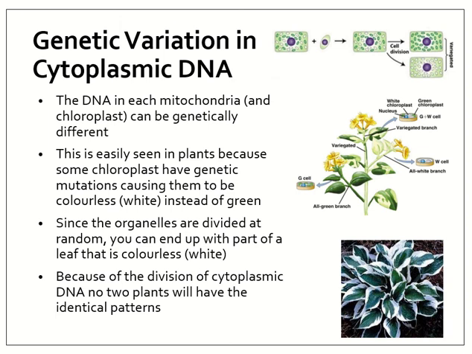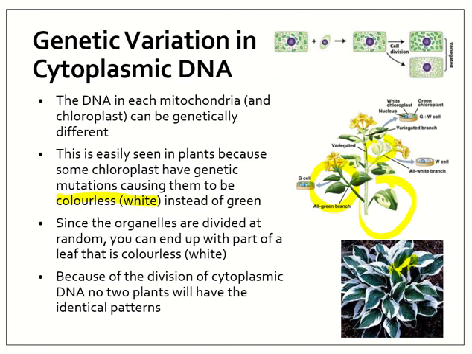In plants, it is seen differently than in animals. If there is a genetic mutation in the chloroplast, it usually causes them to be colorless, or seen as the white side of it, and in doing so, you can actually see that visually. When the organelles split through cytokinesis, it's at random. This is where you get all those different patterns on plants, usually in your hostas, though not always, where some leaves are completely green, some completely white, and others have a mixed pattern. That has to do with the mutation in the chloroplast randomly separating during mitosis.